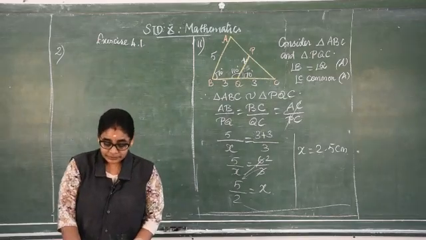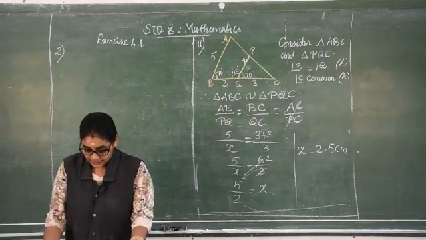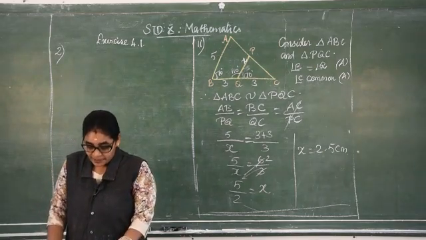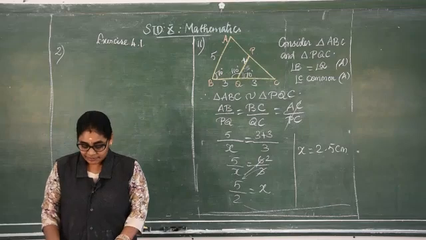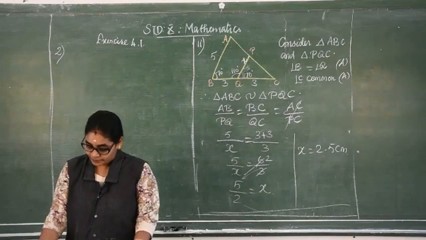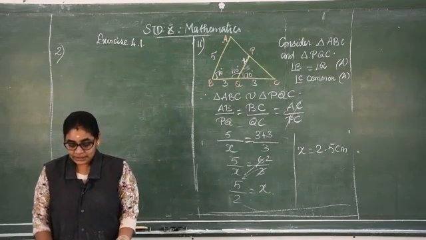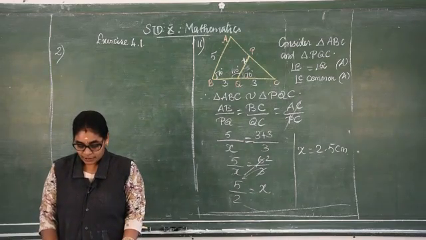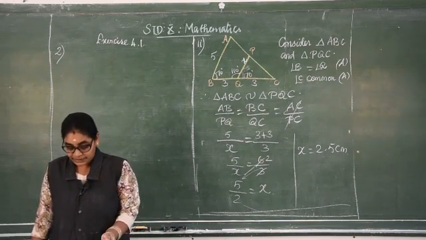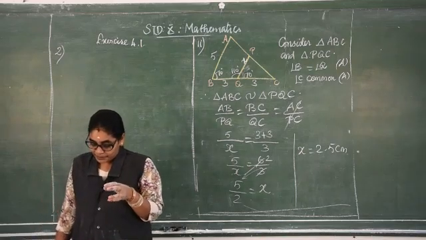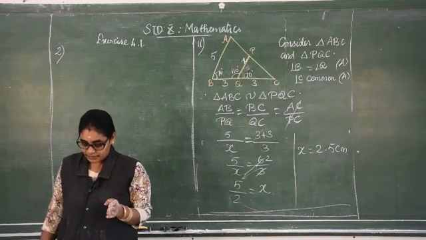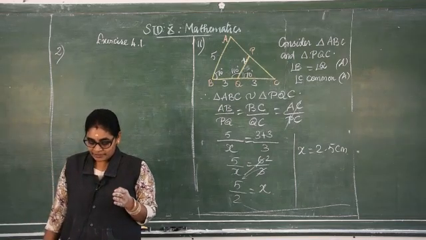Now the second question. A girl looks at the reflection of the top of the lamp post on the mirror, which is 6.6 meter away from the foot of the lamp post. The girl, whose height is 1.2 meter, is standing 2.5 meter away from the mirror. Assuming the mirror is placed on the ground facing the sky, and the girl, the mirror and the lamp post are on the same line, find the height of the lamp post.